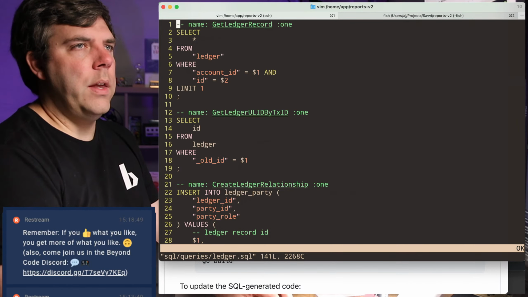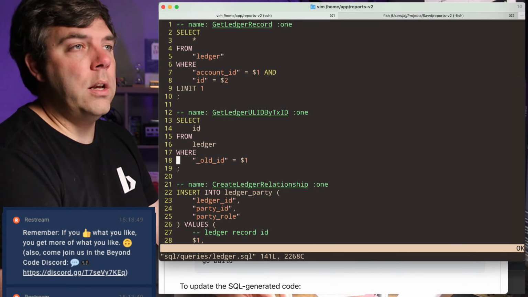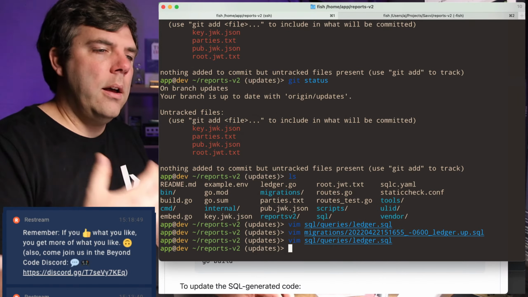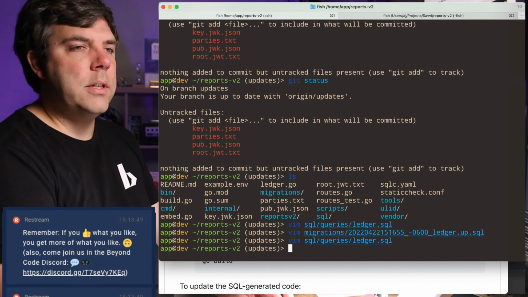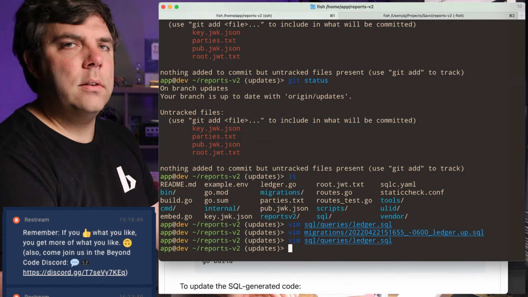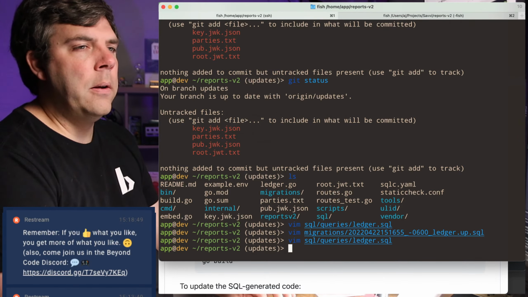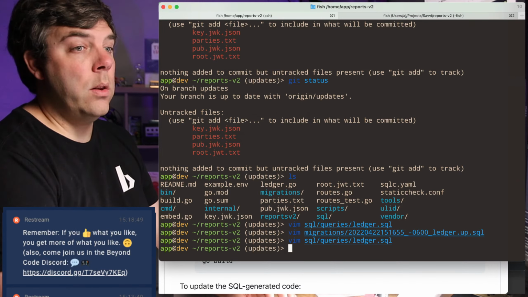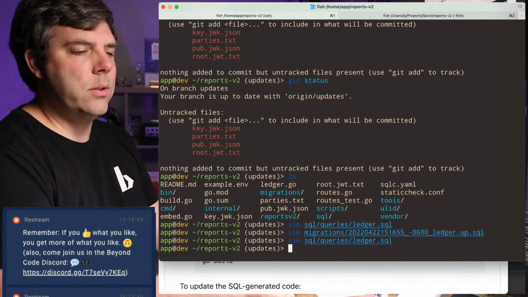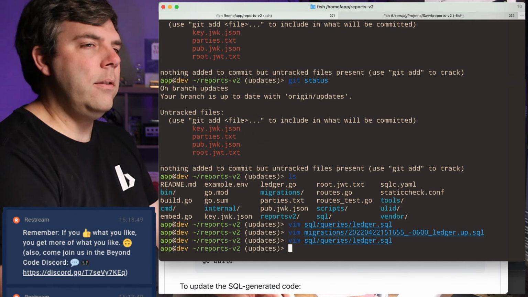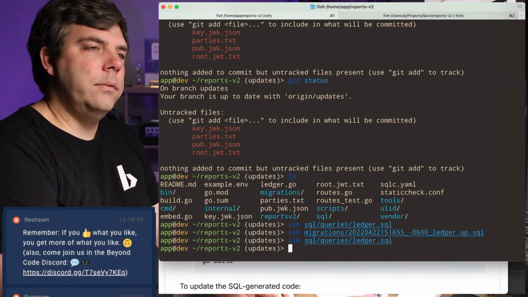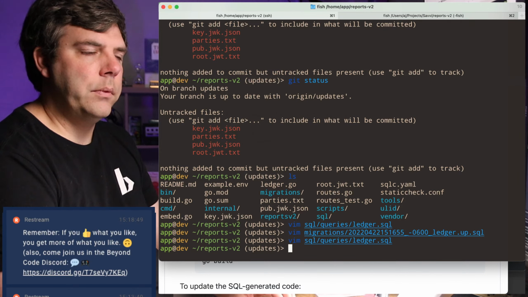And then it will know if any of your queries are wrong. So you get all of this nice compile time linting on your SQL, which is something that I've wanted for a long time. I thought, why don't we have this? Because it's something that's not that difficult. It is to do it in the way that they've done it, where it's perfect, but just to get the basics, just kind of the spot check kind of stuff, I don't think it's that difficult. And why haven't I done it? I've thought about it. I just haven't done it.